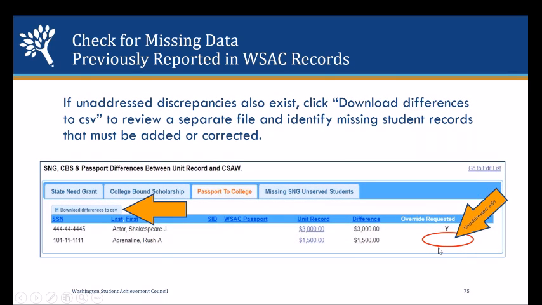On the other hand, if you see a blank in that column, that is an unaddressed edit that needs to be taken care of. Either go back to that record and make a correction, or, if you have quite a few of them, download these differences to a CSV file so that you can review them and then go back in and make corrections. This will also help you identify any missing student records that you might have to add